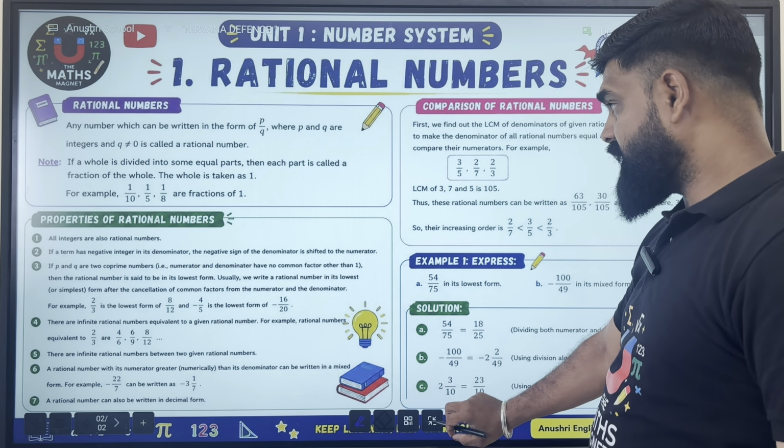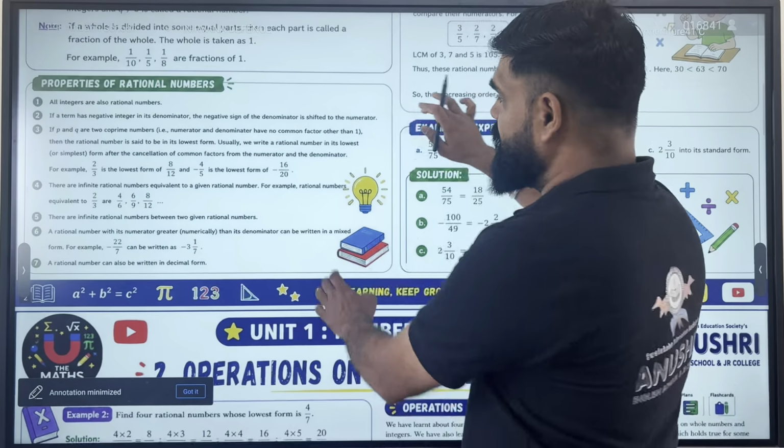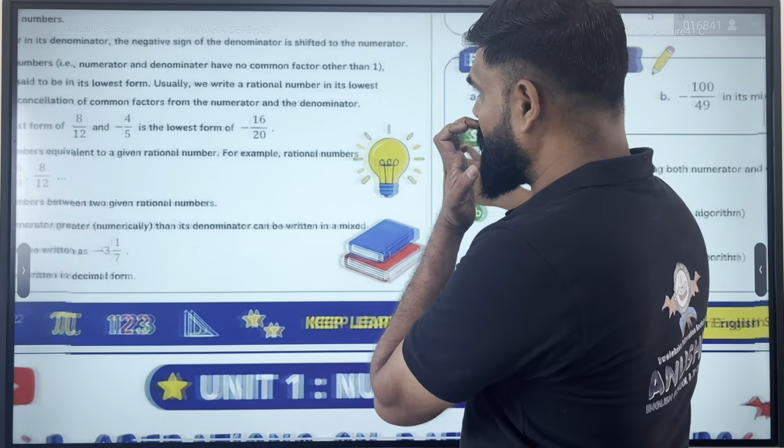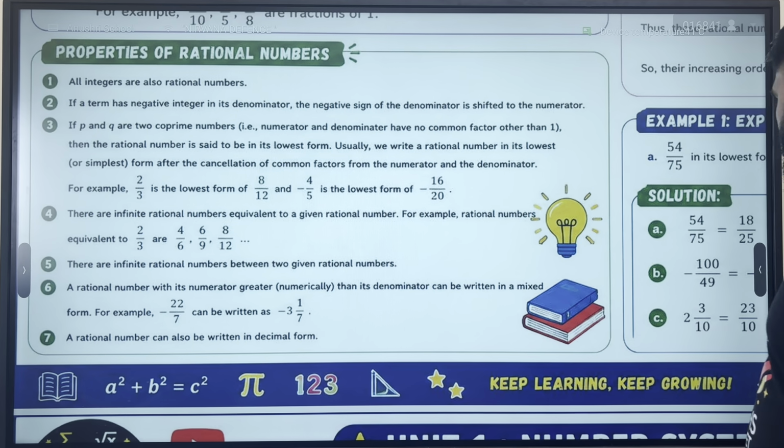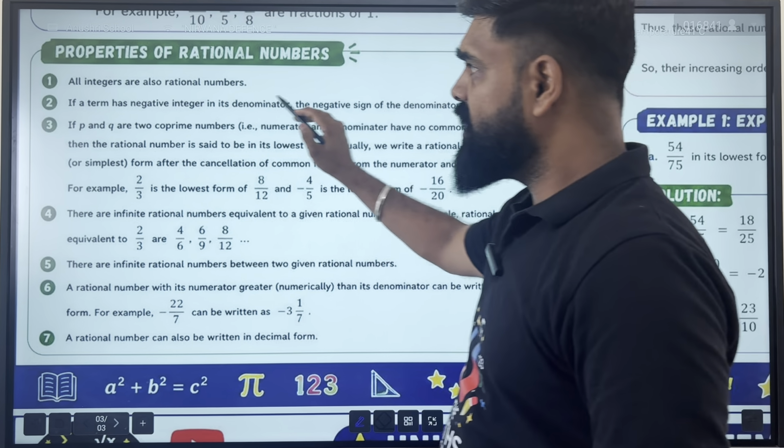So let us understand some properties of the rational numbers. These are very important properties. Let us learn about these properties here. The first property is that all integers are